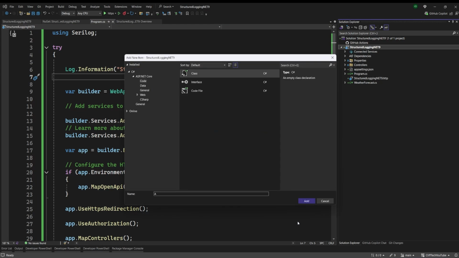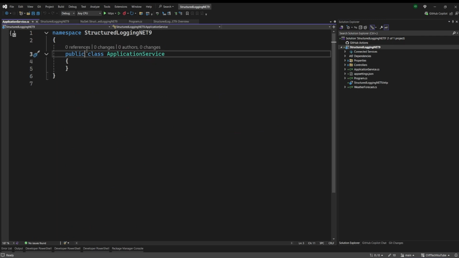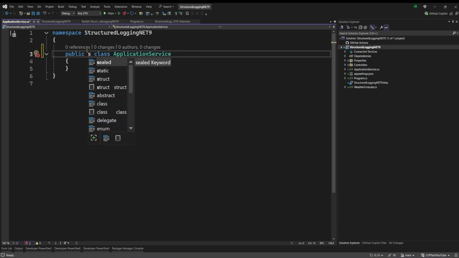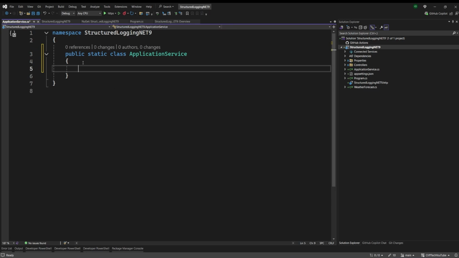So let's call it application service. So you see that application service. This is application service right here, and when you are creating an extension method or extension class in ASP.NET Core, it is supposed to be a static class. So let's go ahead and say static class right here,